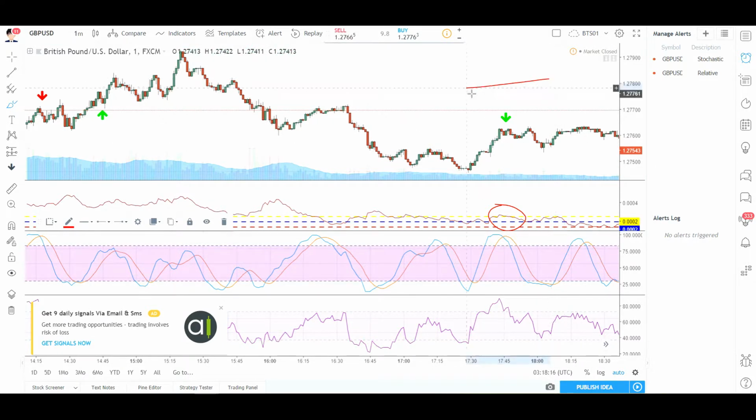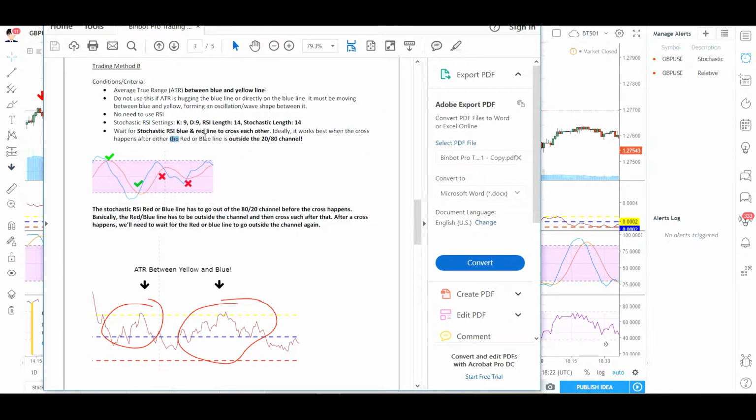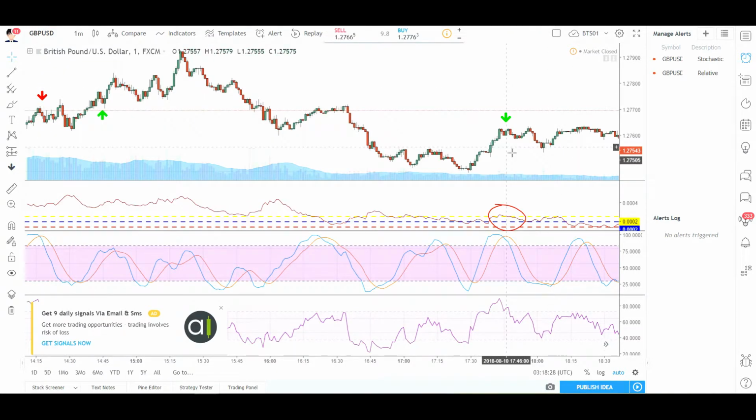Okay, so I hope you guys understand what I meant by the red and blue lines working best outside the 80-20 channel. So basically, one of the lines has to cross outside the 80-20 channel before the cross happens to have a high percentage trade. Okay, so for example, this zone right here,